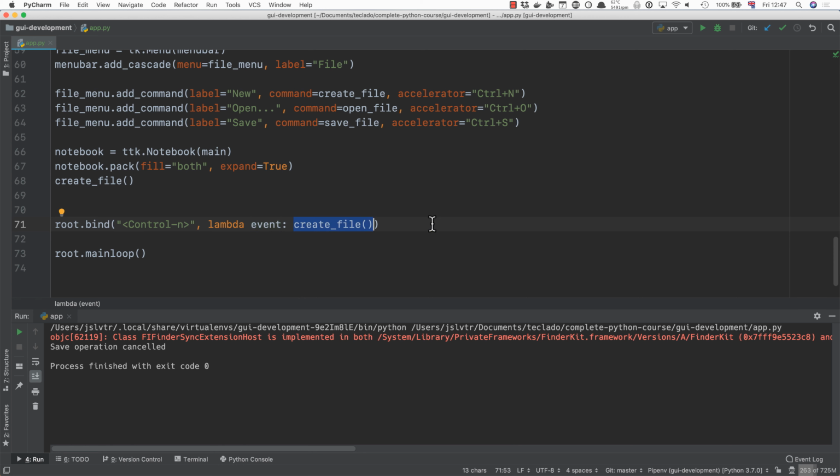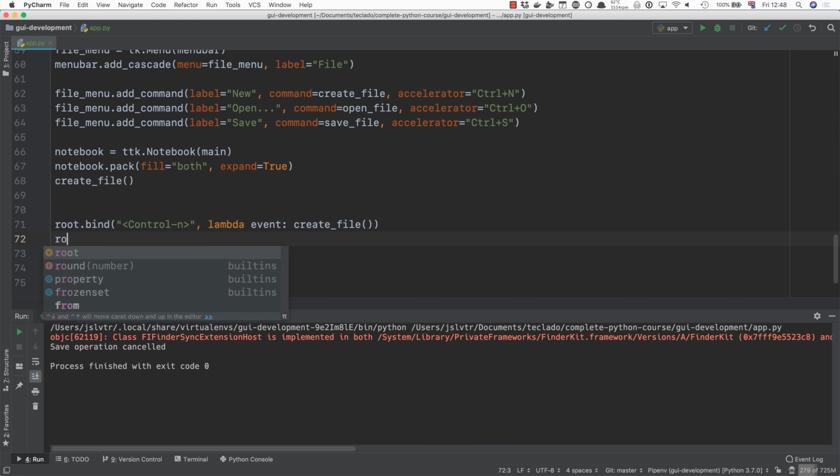the create file function. Remember that here we are defining a lambda function. We are not executing the create file function. Executing this function only happens when the lambda function itself gets executed, which will only happen when Control-N is pressed. Okay. Next up, we're going to do root.bind, and now we're going to do Control-O, and once again,